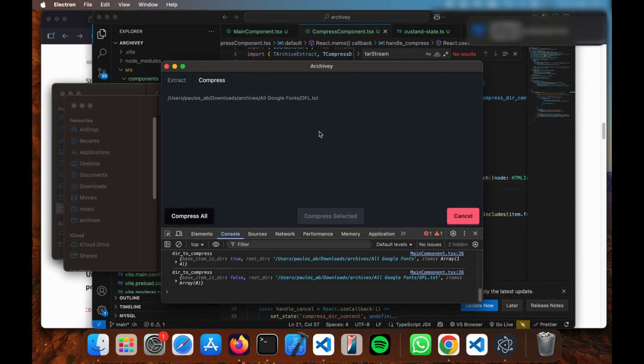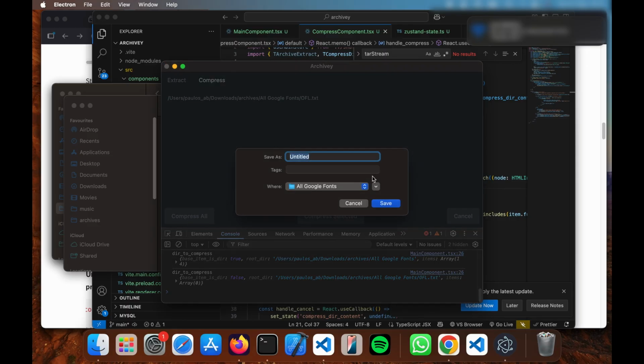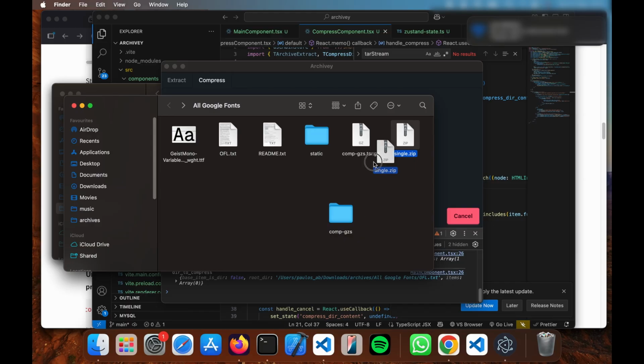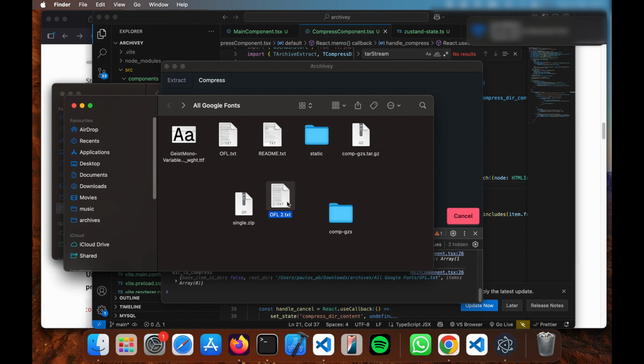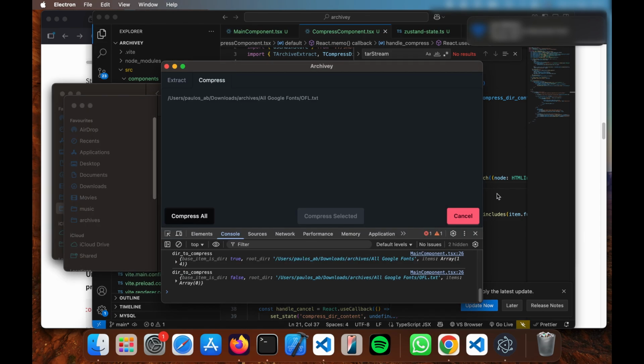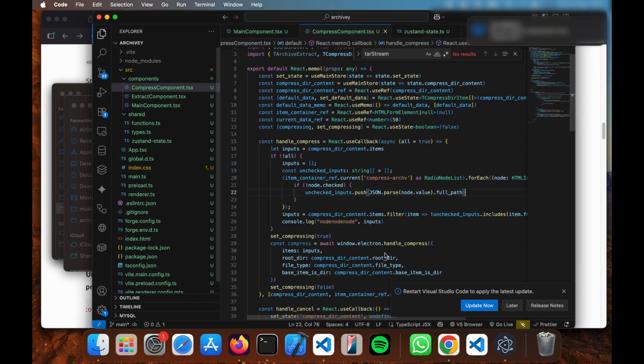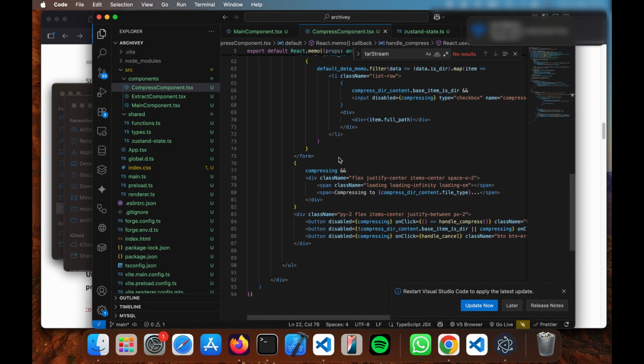Open. Yeah, let's compress it. Yeah, as you can see, that's been compressed. Yeah, the file was compressed, and this is the file. I think let's improve the UI a bit. If it is single,